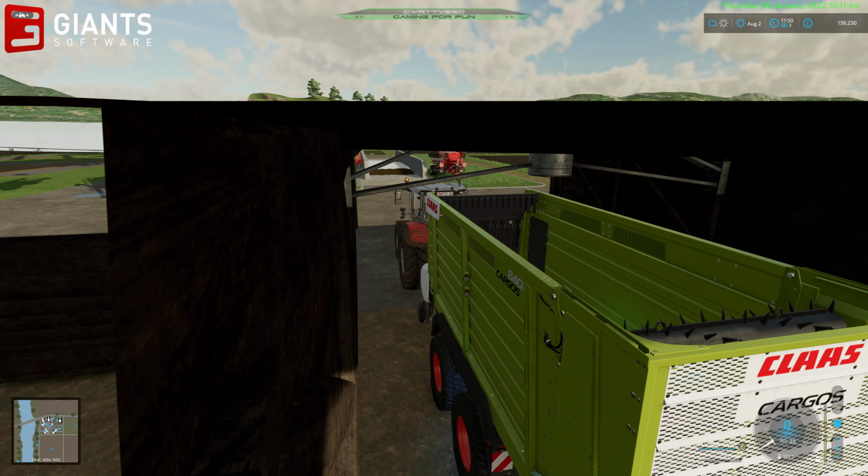See, I don't get an option to fill this. Load only. Right. Now, of course, people are going to tell me, why don't you just drive the loading wagon through the silage bunker and pick up the silage? It'll be so much faster than the way you're doing it now. Yeah, it would be faster, but it's probably not the realistic way of doing it. I don't know how many farmers in real life drive their loading wagons into their silage bunkers to...